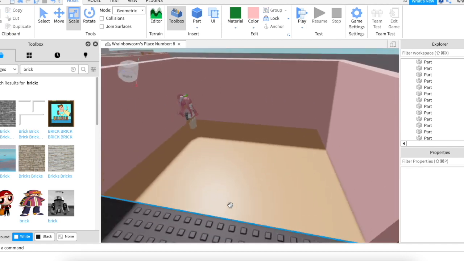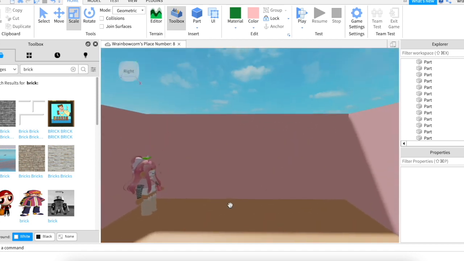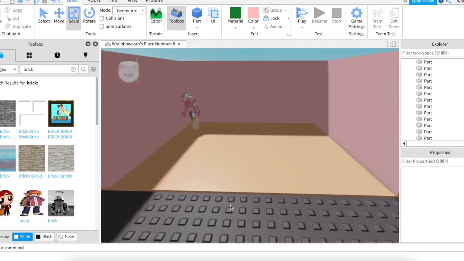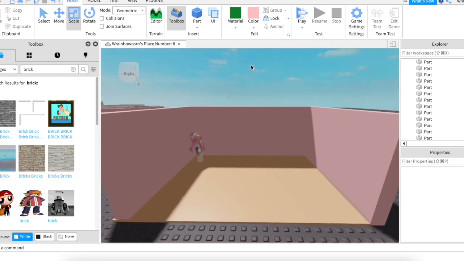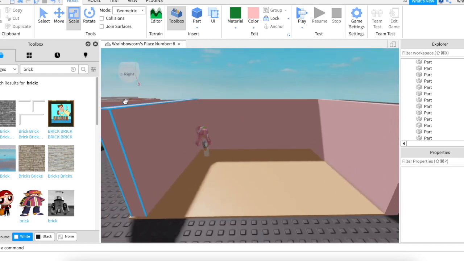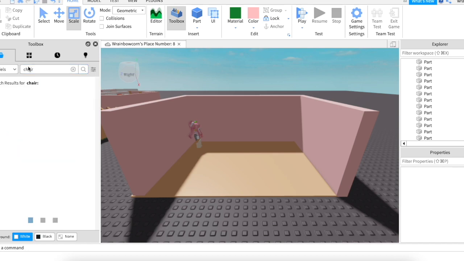So now I have my floor, and this is a pretty plain room model. What makes the room model good is the tiny details and the items inside of the room model. In order to get these, you can go to change images back to models, and you're just going to want to search for anything you want. So right now I'm just going to search for a chair.